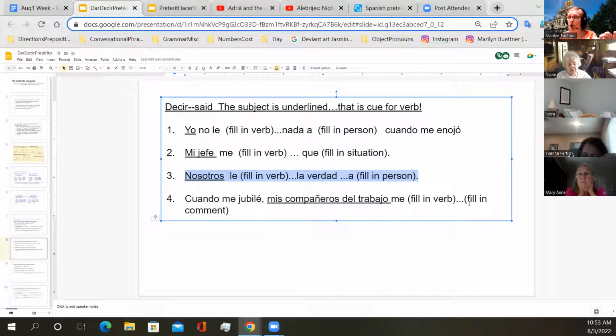Nosotros le dijimos la verdad a la familia. Bien, sí, okay, and you're just filling in a person, but le dijimos, we told him or we told her, le dijimos. If you use padres at the end, then les dijimos,